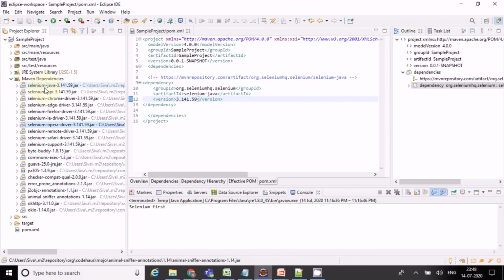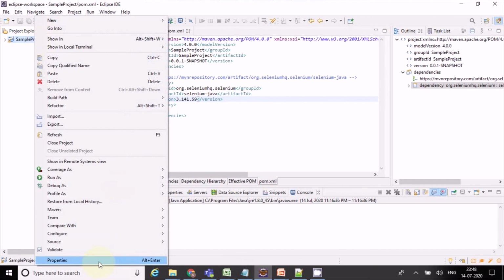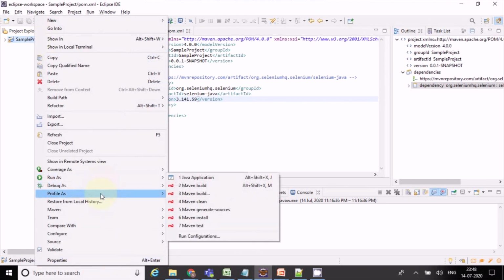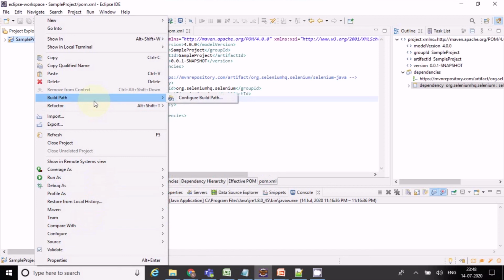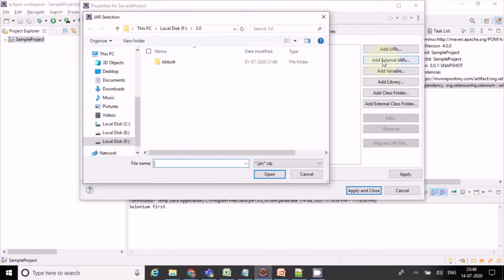Even when adding manually, we need to click on build path, configure build path. Here in libraries, we need to click on add external jars.